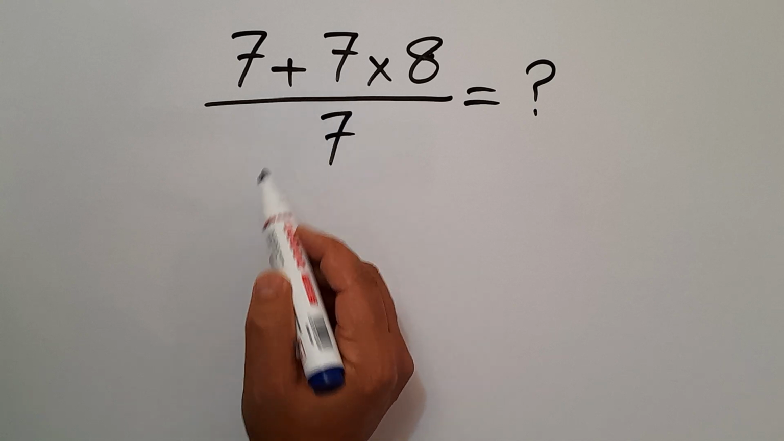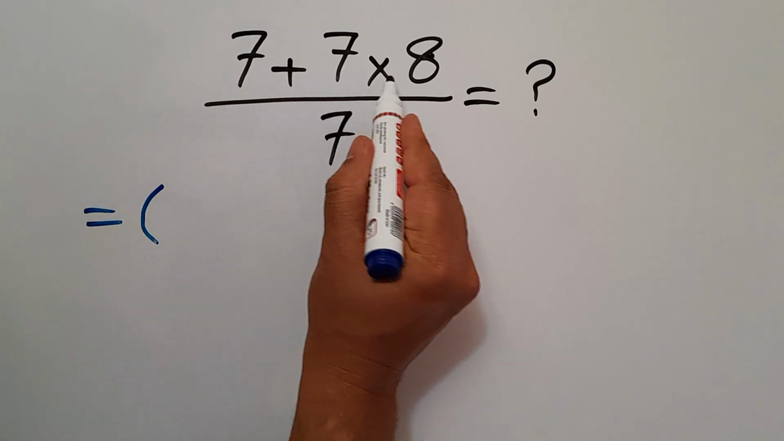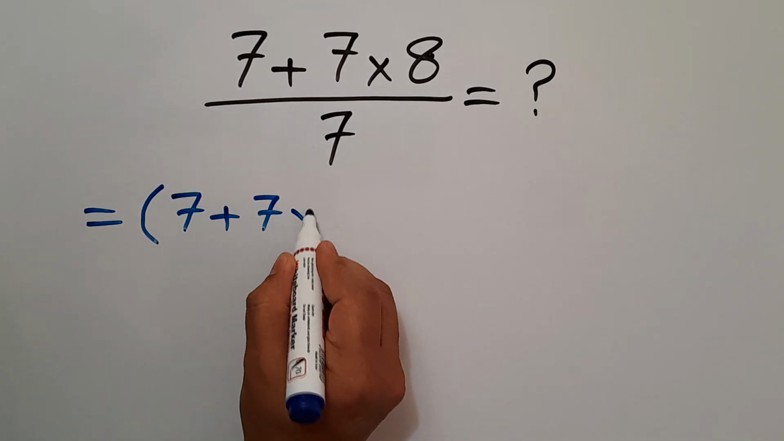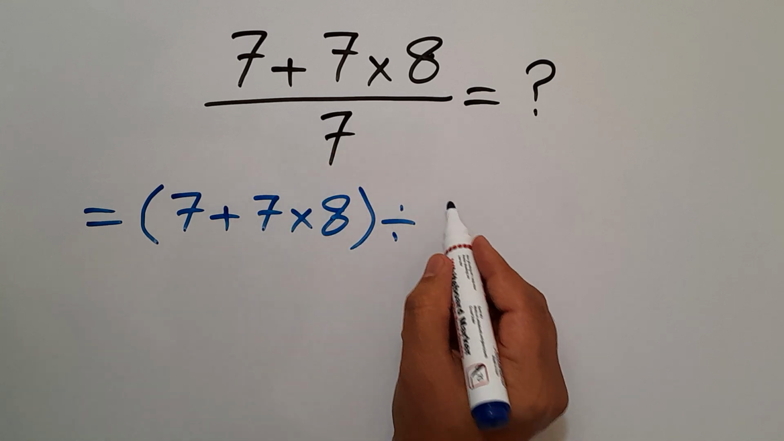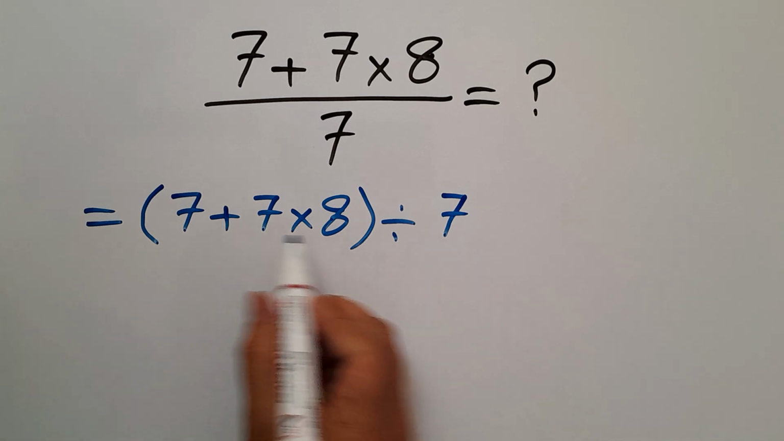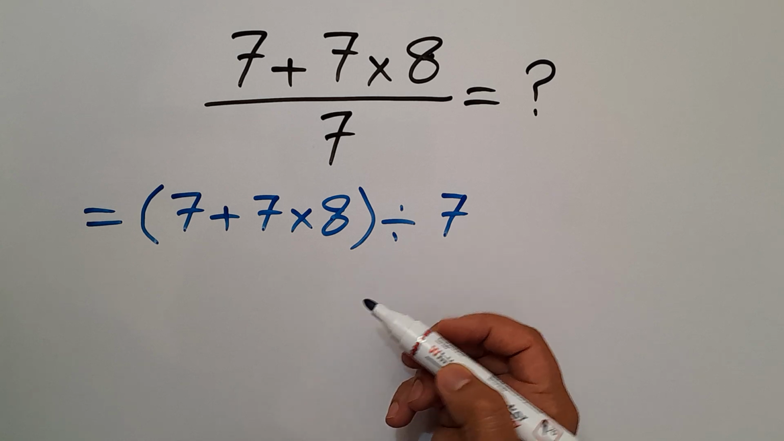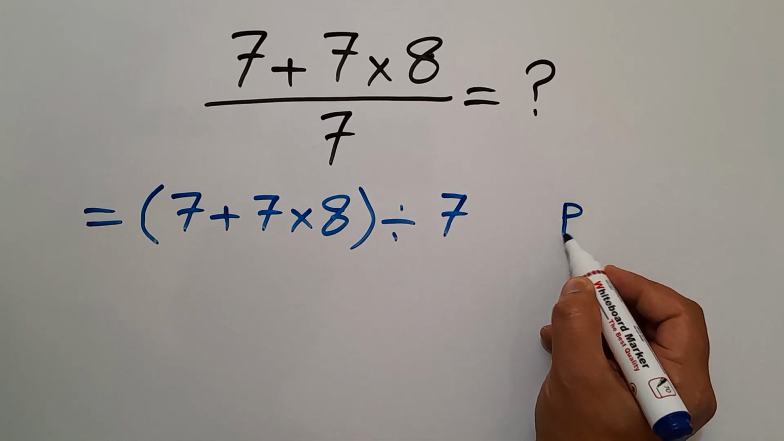Instead of this fraction, we can write parentheses, the numerator 7 plus 7 times 8, divided by the denominator, which is 7. So in this expression, we have one parenthesis and one division. According to the order of operations, which is PEMDAS,